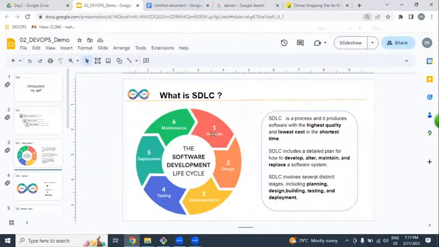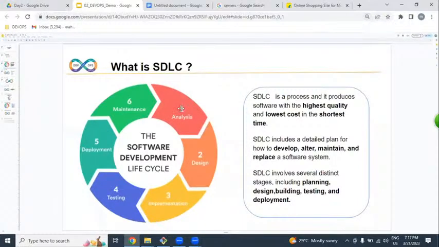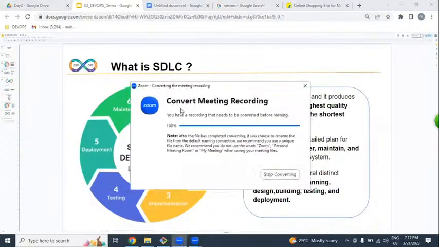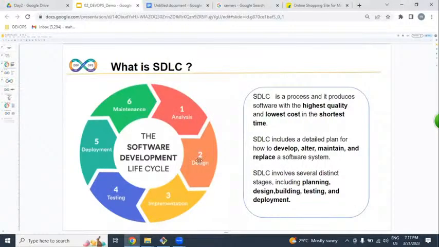Based on this information, it will be analysis. Once it is analysis, it will be design. Design is nothing but what? Plan. According to the plan, our developers will write lines of code, which we call software.